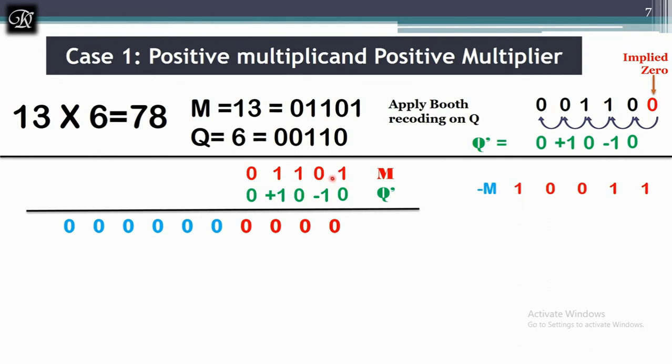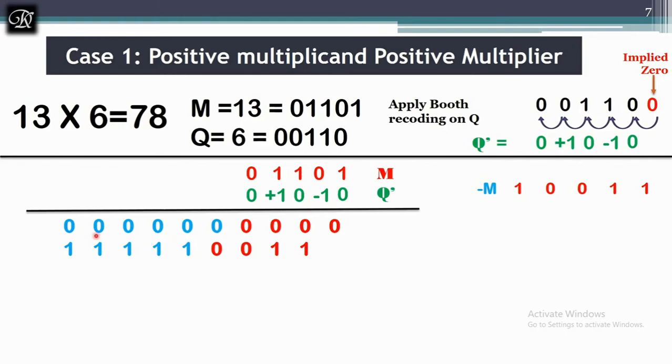If I apply a 2's complement on this, I have discussed in the first video how to find the 2's complement in a shortcut way. Keep the bits as they are until you get the first bit as 1, and the remaining bits will have a 1's complement, that is 1, 0, 0, 1. Now this is the negative m. So the answer is negative m, and that is what I am writing over here, and this is the sign bit.